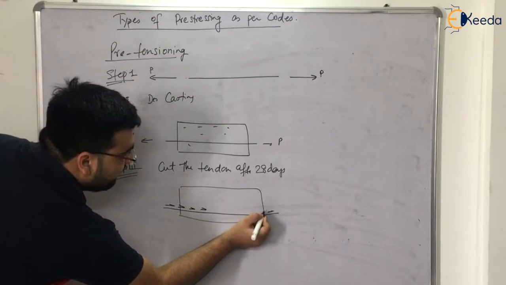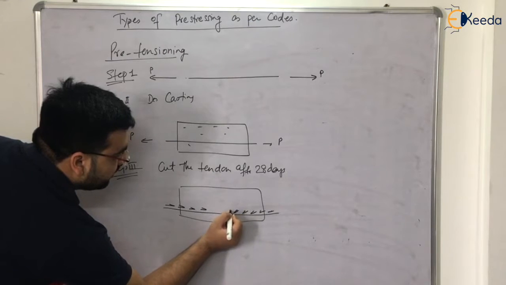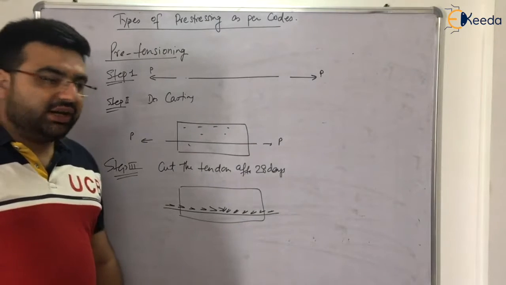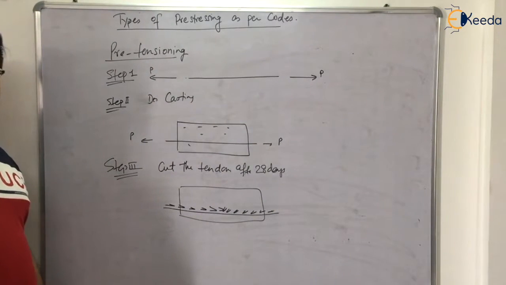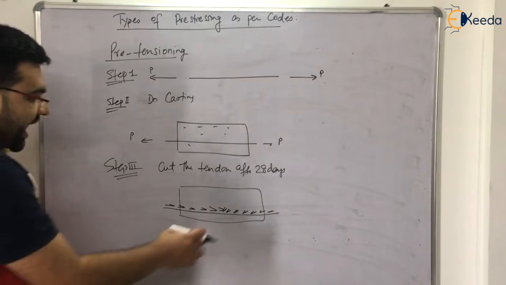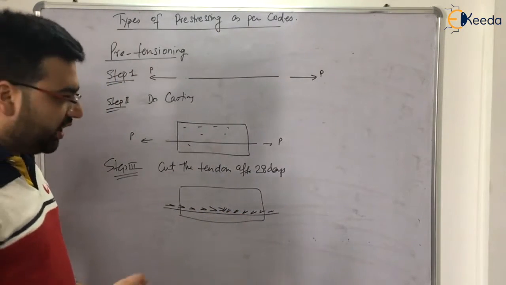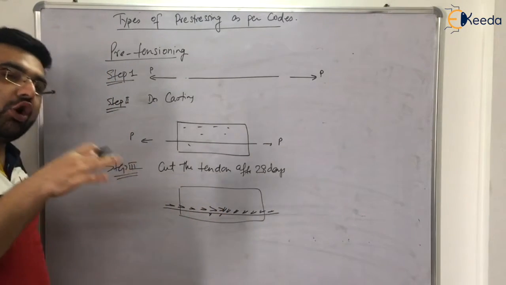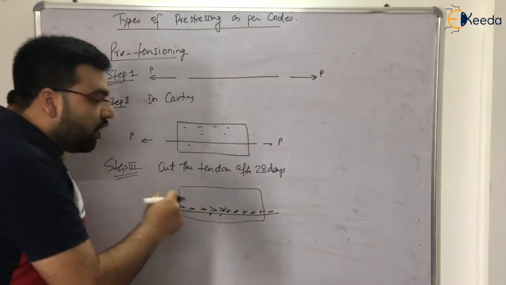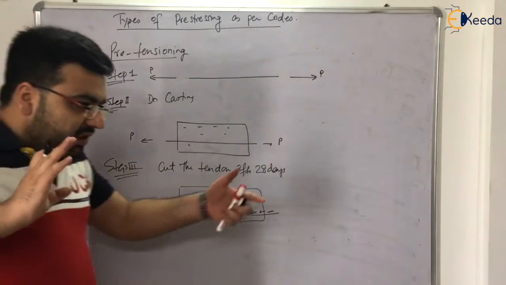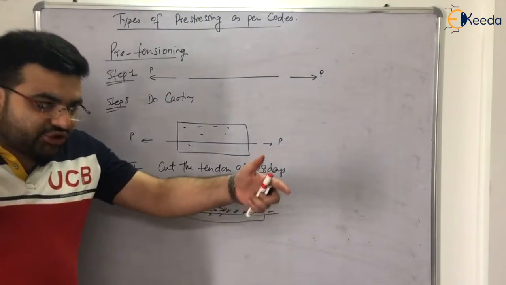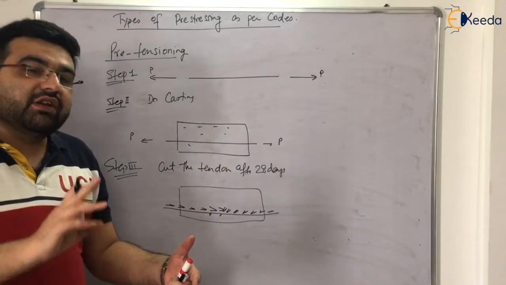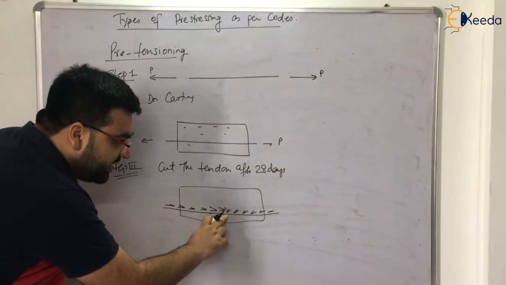They will try to come back to their original position because its elasticity is higher as compared to your normal steel, right? So you know that if the tendons try to come back to their original position, they are in contact with concrete. If they are in contact with concrete, what will happen? The compressing of the beam, or you can say the stressing of the beam, it can be a beam or any section, the stressing of the section will be due to friction between the tendon as well as the concrete.